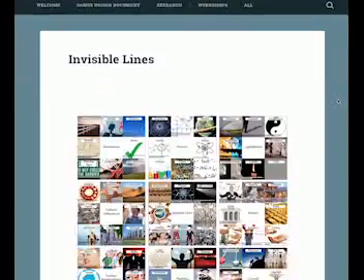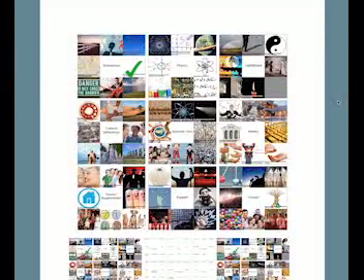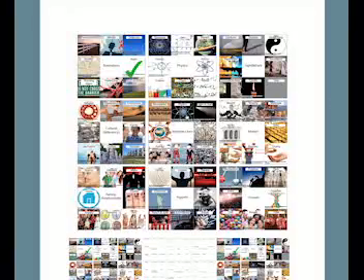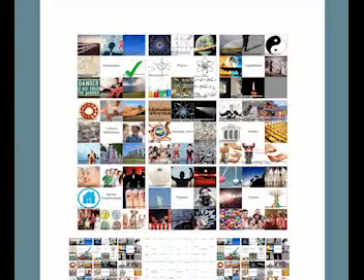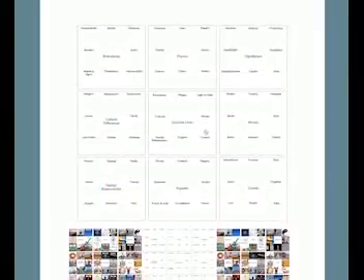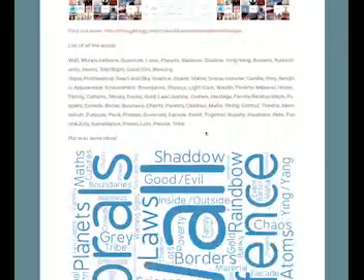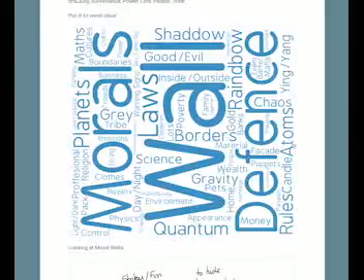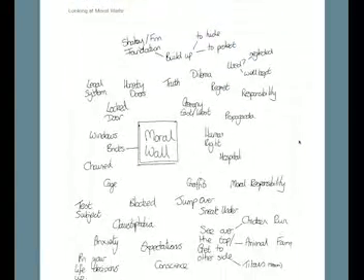I then looked at the invisible lines and the social boundaries and the pressures, and used the lotus blossom technique to take the word and then spread it out as far as I could using imagery to start this. I then started to think of ideas and how to make something new from all of the data I'd collected. So I used a word cloud using all of the lotus blossom words to see what path I wanted to take. I then took these words and put them together in order to create something new.